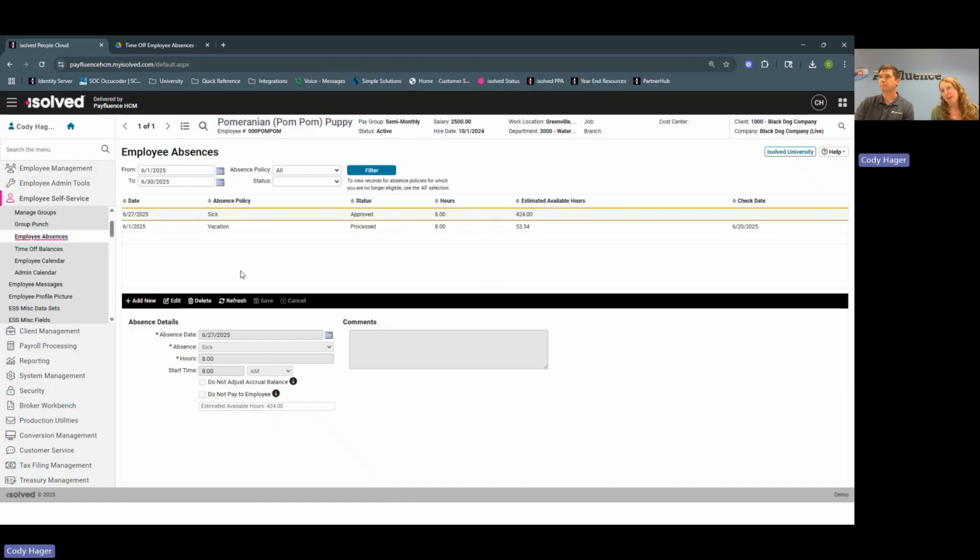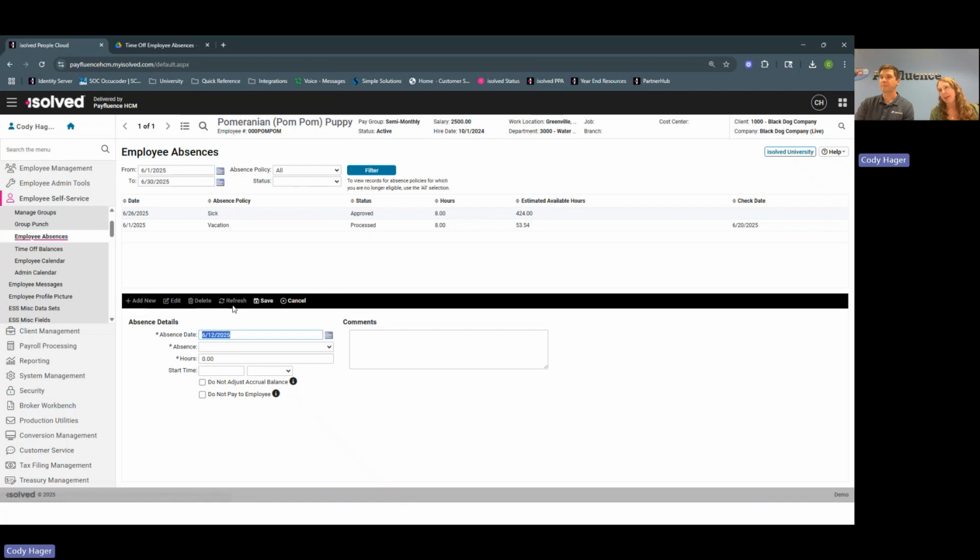And then Pomeranian Puppy on the sick day, it actually was supposed to be 6/26. So that's a change we're going to make. All we have to do is edit and then make the change and click save. And then Pomeranian Puppy wanted to add a day. Pomeranian Puppy, we're going to click add new and then add a day for him and click on the 23rd,